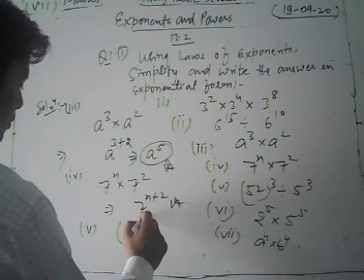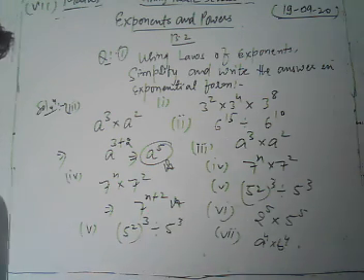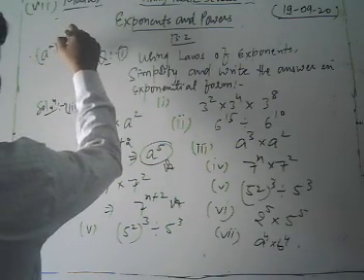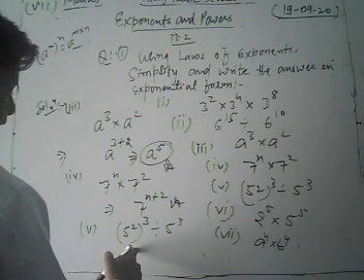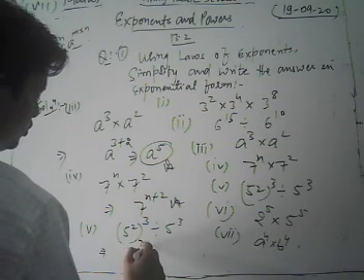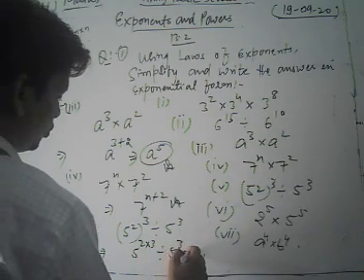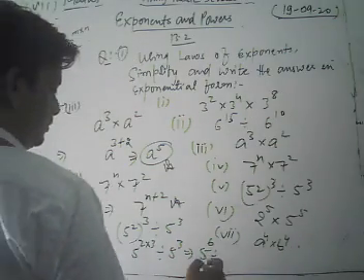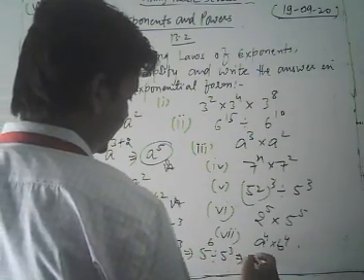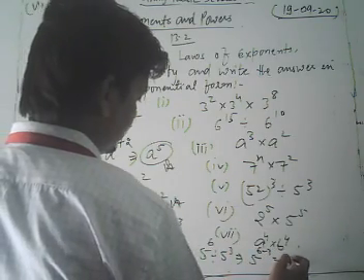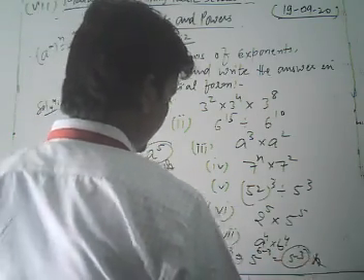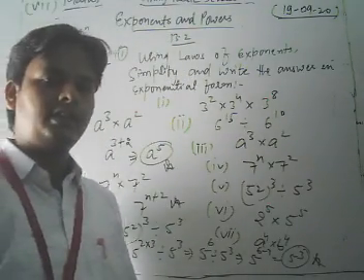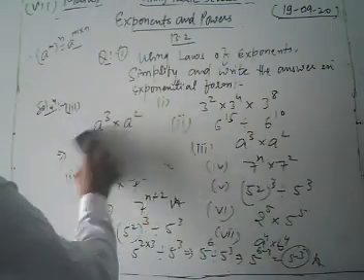Similarly, we take and solve the fifth part of this question, which is 5 to the power 2 to the whole power 3 divided by 5 to the power 3. Dear students, we know that a to the power m to the power n is equal to a to the power m into n. So we apply the same concept. We write 5 to the power 2 into 3 divided by 5 to the power 3. So we get 5 to the power 6 divided by 5 to the power 3. Now we get 5 to the power 6 minus 3, which is 5 to the power 3. Thus our required answer in exponent form is 5 to the power 3. Now we take and solve the sixth part of this question.